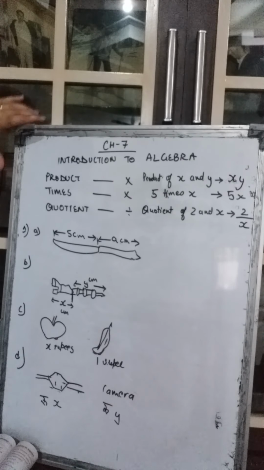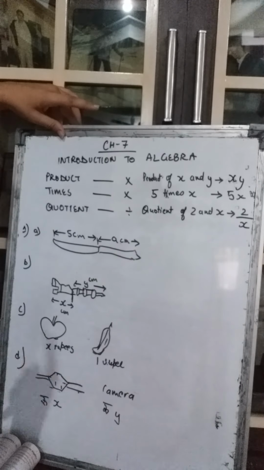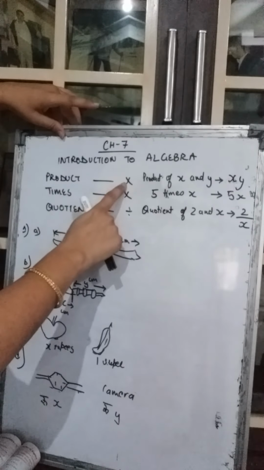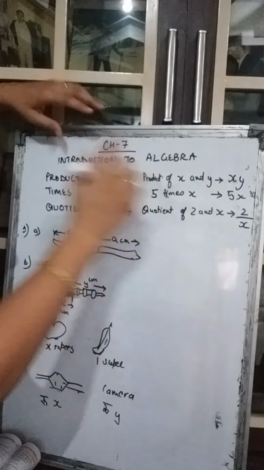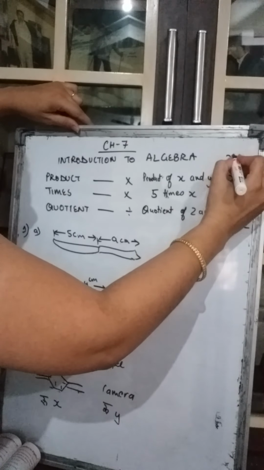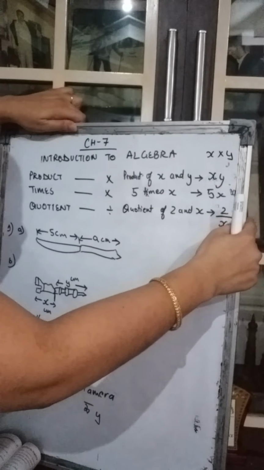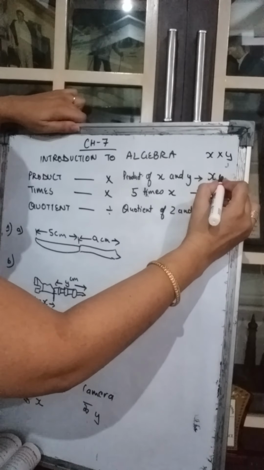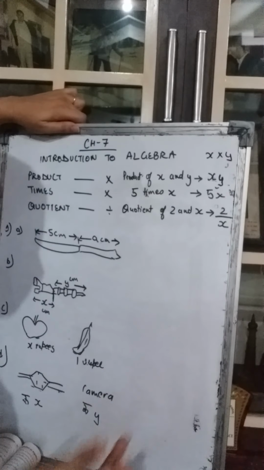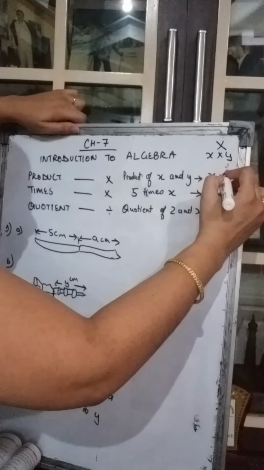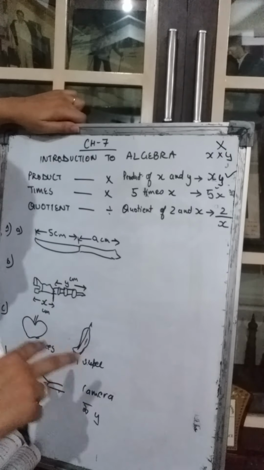Now girls, in this there is also a term which is used, product. Product means multiply. You know that very well. Suppose a question comes, product of x and y. So what is the answer? You will not write x multiplied by y. No. In algebra, you have to write both of them together. When both are written together without any dot, without any symbol in between, it means multiplication only. So this is a wrong method of writing. This is a correct method of writing the product or the multiplication. Simply write both the variables together.